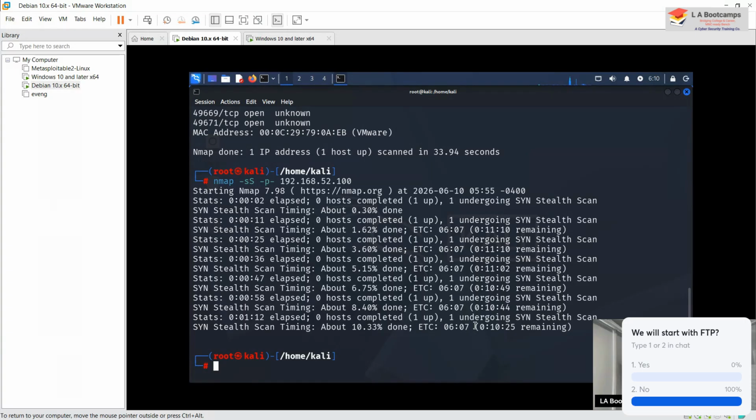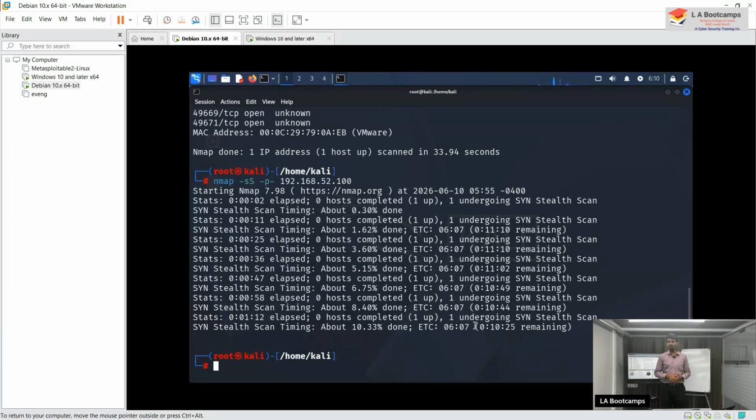Okay, we'll start the next step, which is the FTP. As I have done scanning, I've got FTP and SSH ports open. I hope you have got the ports open, or if not, we will just move forward. Now we'll try to access the FTP port